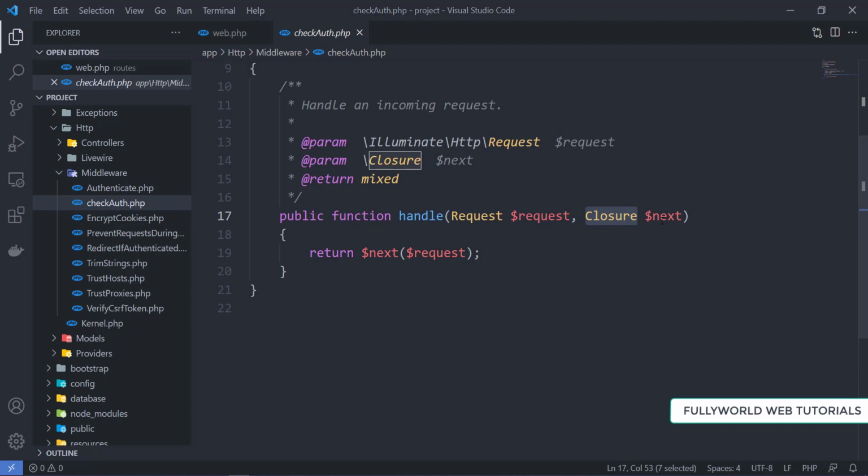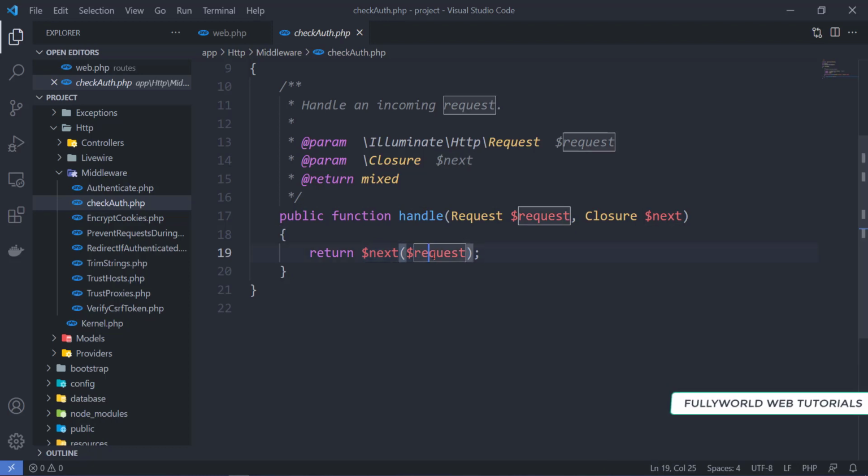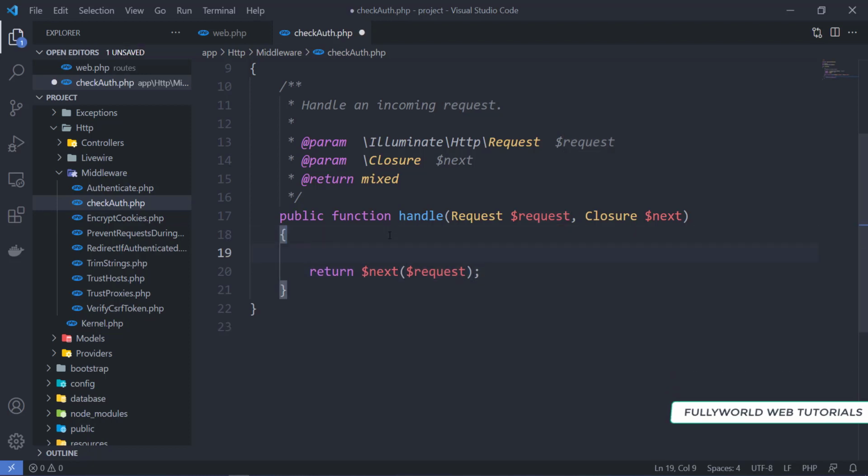And then we get a closure, that is $next. This $next function means that if this condition is not false, then by default it will just pass the request along. So we can go to the route here.